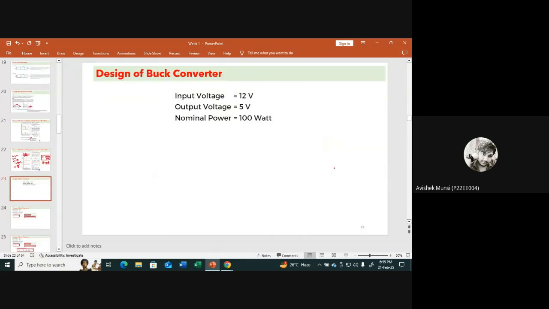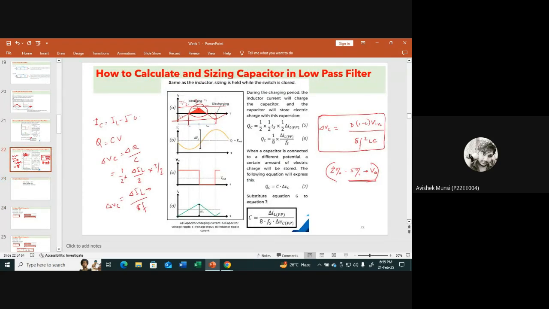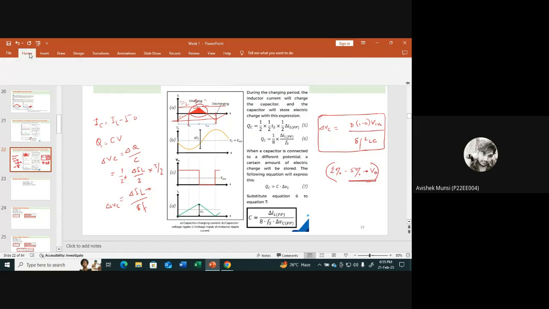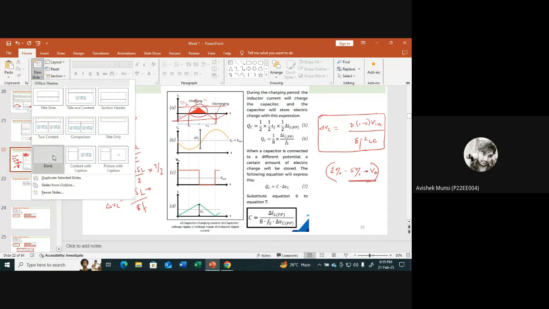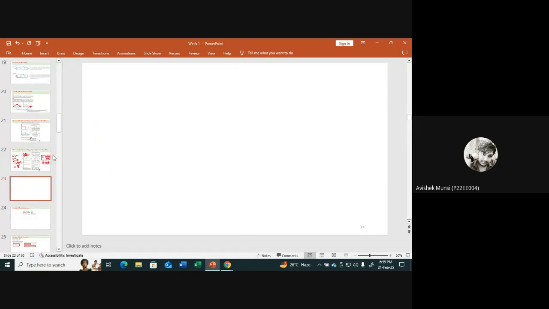Fine. So we'll design a buck converter, and before that I'm trying to discuss one thing, that is the critical inductance, because based on that critical inductance, the discontinuous conduction mode will happen. The critical inductance will be changed in case of the discontinuous conduction mode. So if the value of the inductor is just continuous, since we are only discussing CCM mode, then the minimum current